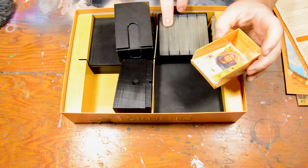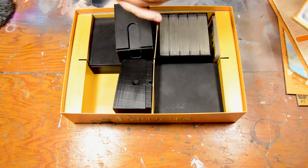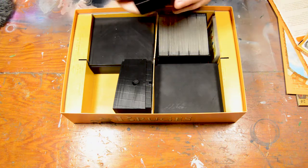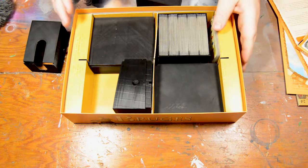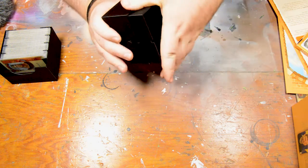So if you're working with two full decks in here, your cards are stacked up above and they tend to topple out. So what I did, you have a bottom pusher, which is just a flat wedge, and I'll just move this out of the way for a second. You take a stack of cards and you put them in the top section like this, and then you put the bottom pusher on, and